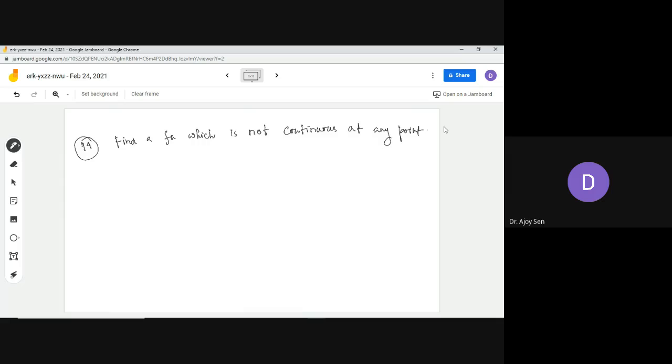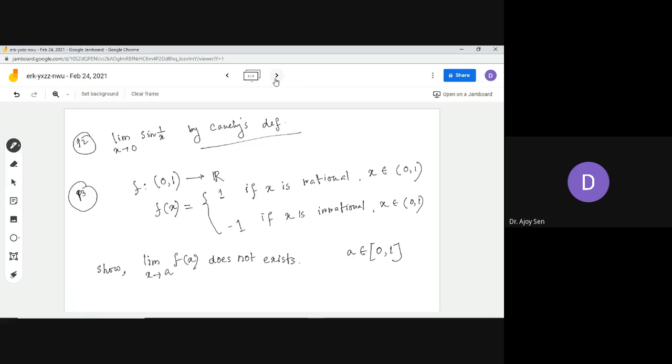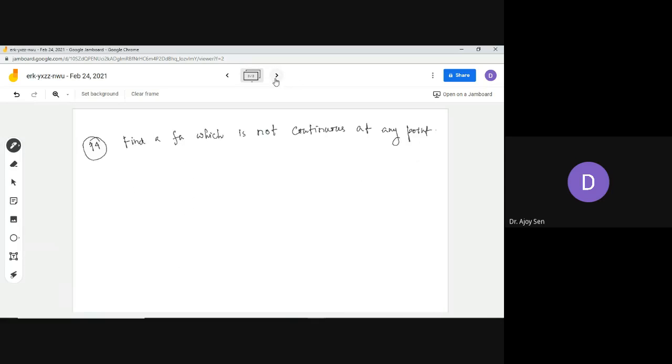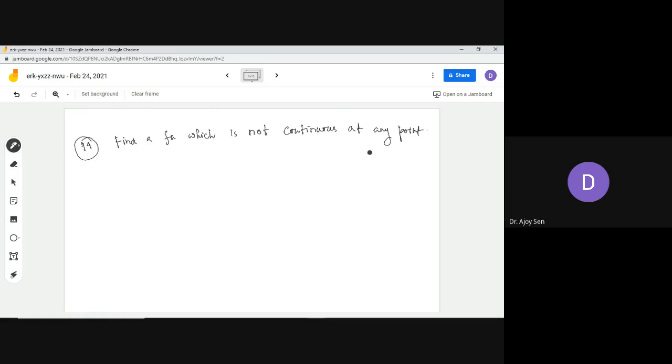You have to find a function which is not continuous, but the limit can exist. You can take the previous example also, but আমি previous example টা চাইছি না, previous example এর লিমিটই এক্সিস্ট করছে না। আচ্ছা এই প্রবলেমটা একটু পরে বলবো, I will discuss this problem later, এটা আপাতত হোল্ড রাখ।